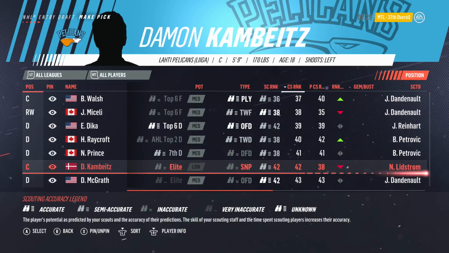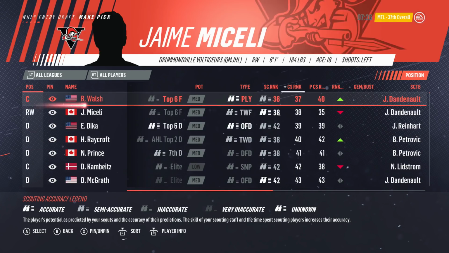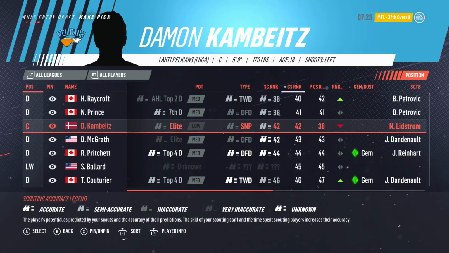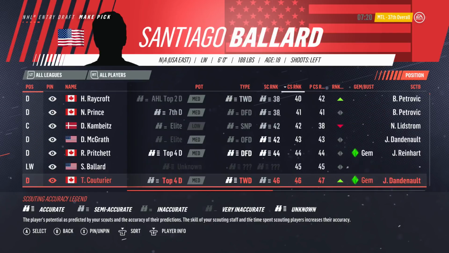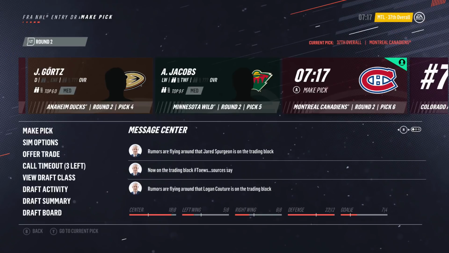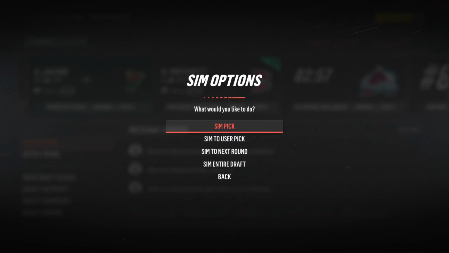There are a couple elite players, but they're not for sure elite. 1 bar and 2 bars. So you know what? I'm gonna go with the gem here, guys. Pritchett. Because none of these guys really interest me too much. Top 6 forwards and all that stuff. So Reginald Pritchett is gonna be our other second round pick, and then we're gonna simulate